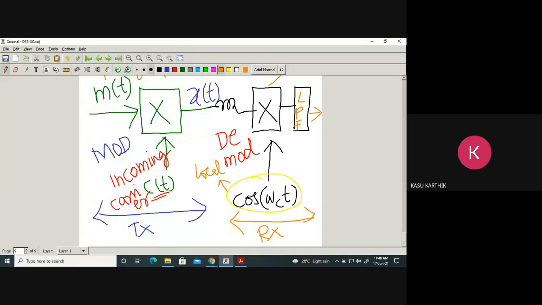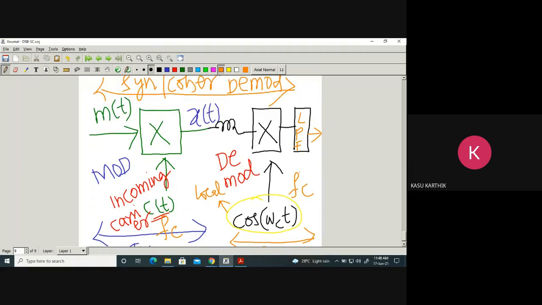So the frequency that you are using at the transmitter side should be the same as the frequency of the local carrier that you are using at the receiver side. Exactly same. They should have same frequency, same phase. Then we say that they are in synchronization or they are coherent. So that's why it's called a coherent demodulator. If you look at the modulator and demodulator, they are exactly same. Here is a multiplier, here is a multiplier. The only thing is we have a filter. That's it. So modulator and demodulator are the same, just multipliers. The demodulator side has an extra filter. Apart from that, everything is same.